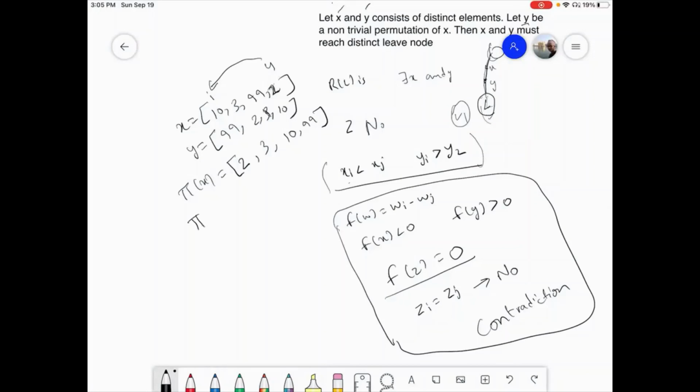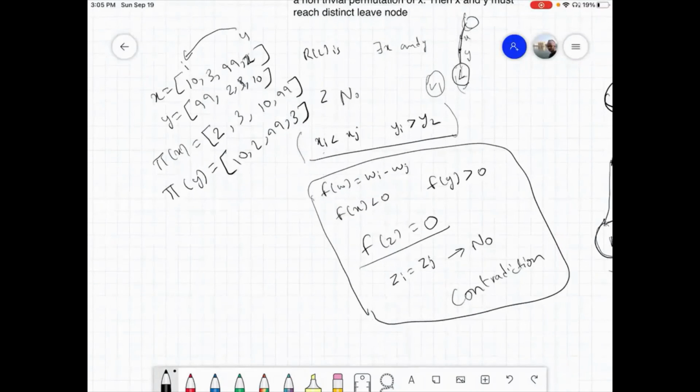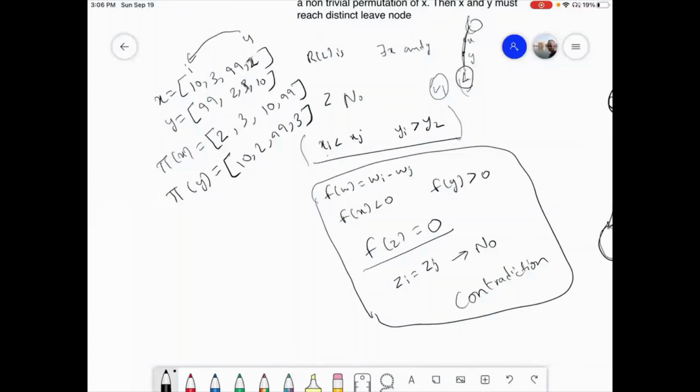When you apply the same sorting algorithm on Y, we end up having this array that is 10, 2, 99, 3. The reason being that we actually moved the element that is located at 4 to 1. When you do the same thing for Y as well, the element located at 4 goes to 1. So you see, we move the value 10 to the index position 1.